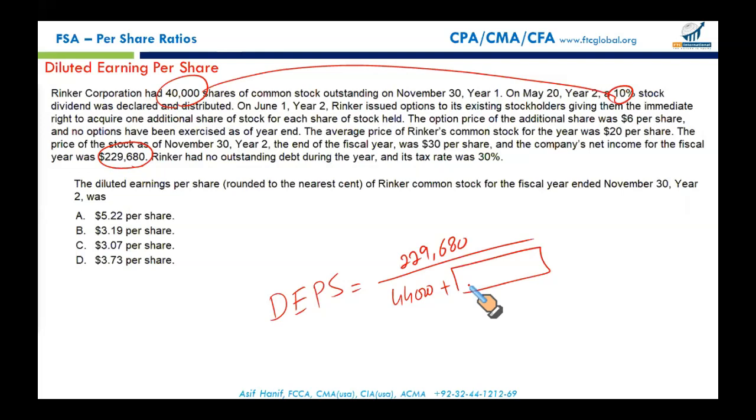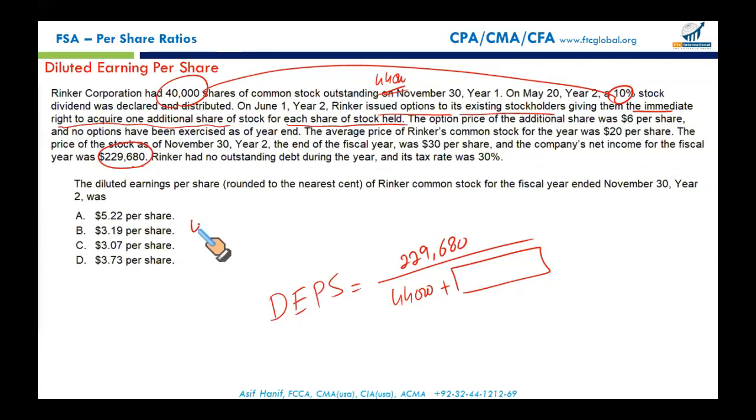Now, please, gentlemen, what I'm going to do will be a little difficult, hard to digest, nonetheless understandable. Listen, it says on 1st of June, year 2, Rinker issued options to existing shareholders. How many shares were already in issue at June 1st? 44,000 shares. So we have issued stock options giving the immediate right to acquire one additional share for each share